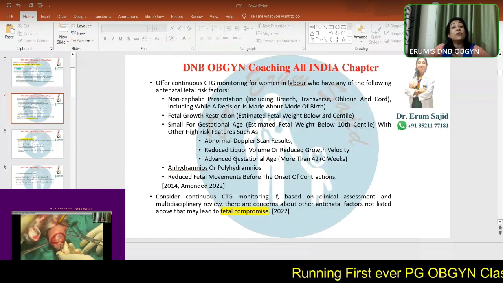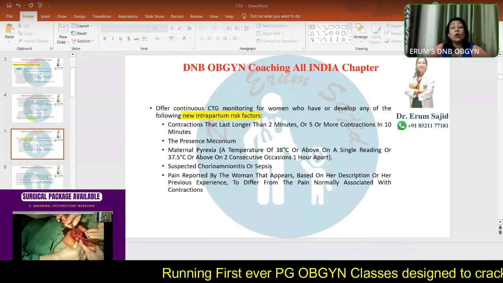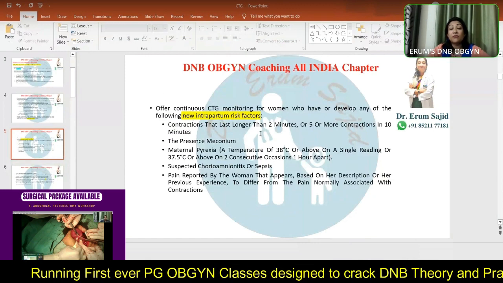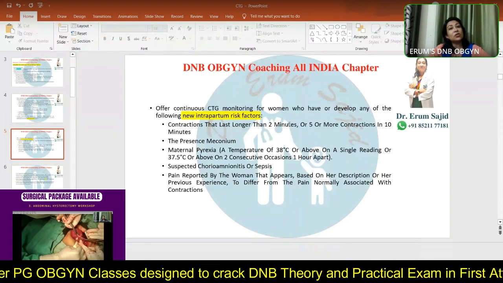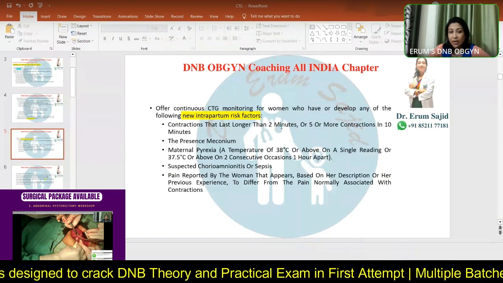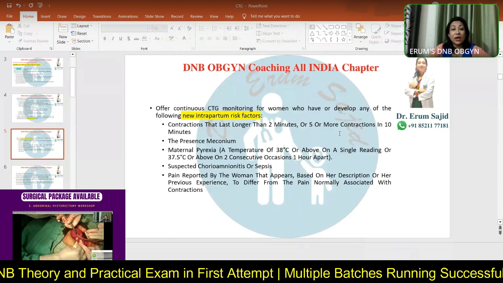Reduced fetal movements, which are already there at the start. All of these are high risk statements, right? Now we come to very important new intrapartum risk factors in which you can offer continuous CTG. Right now we're just talking about those conditions in which you can offer continuous CTG monitoring. So contractions which last longer than 2 minutes, or more than 5 contractions in 10 minutes,